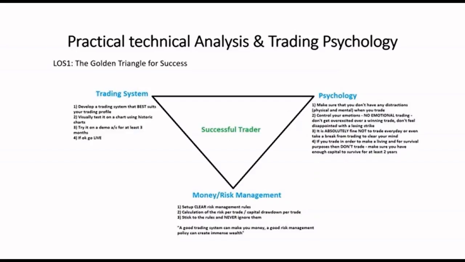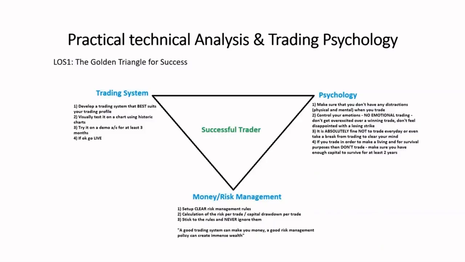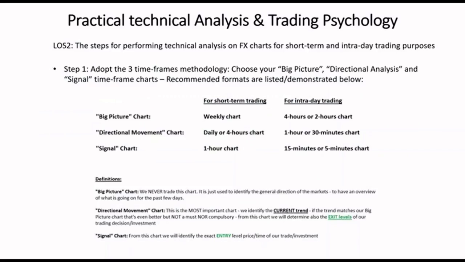persistent price or time of our trade investment. So the signal chart will tell us when to enter, the exact price that we will enter the market. So just to sum up, the big picture, we never trade it, we just get the bigger trend. The directional movement chart is better to confirm the trend of the big picture, but not a must. And here we identify the current trend and the exit levels of our positions. And from the signal chart, we identify the entry level, the exact time that we will push the button, the entry level for our trade or